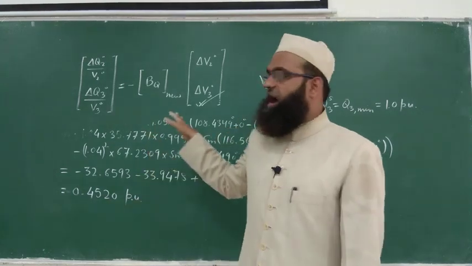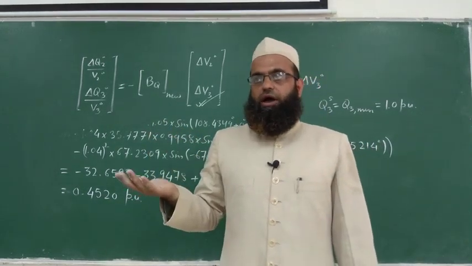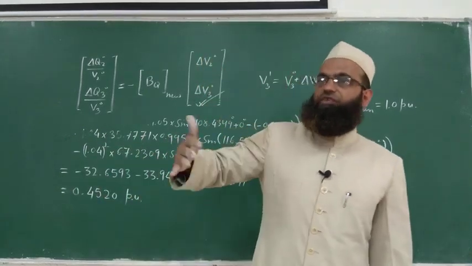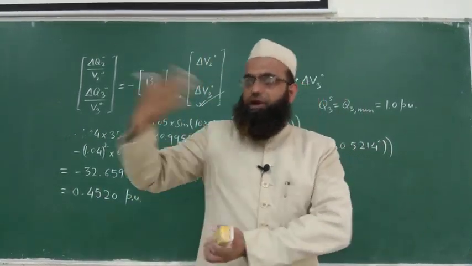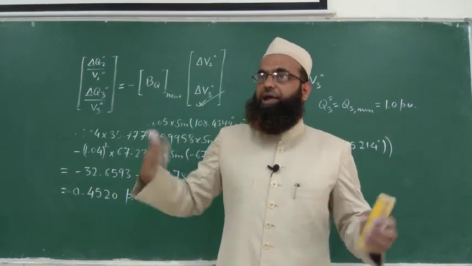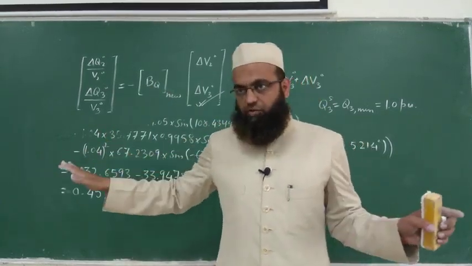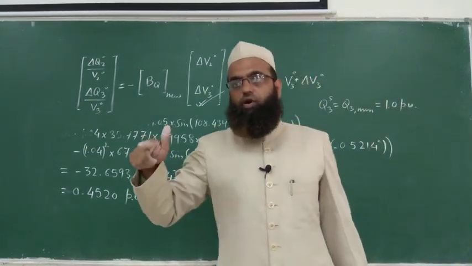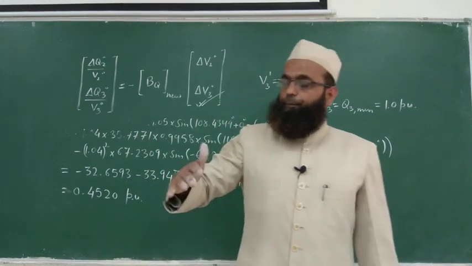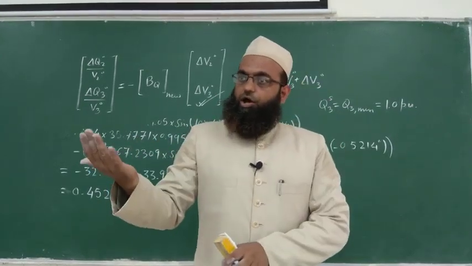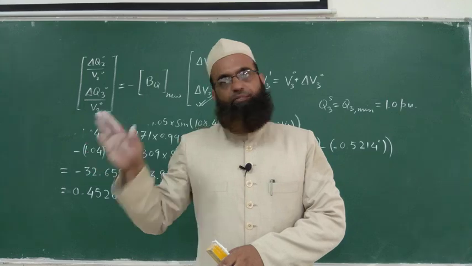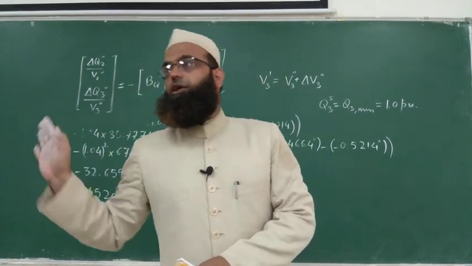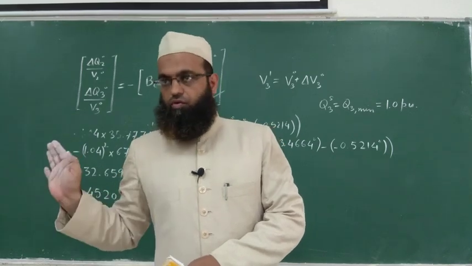In our problem it was asked just to evaluate at the end of the first iteration only, right? So if somewhere you are required to evaluate the second iteration and third iteration, enter into the second iteration. Now your variables have been updated from the initial values you assumed to these values, V31, V21, delta 21, delta 31, whatever. Now again your bus number 3 will be a PV bus unless it is violating the limit in that particular iteration, that is iteration number 2.